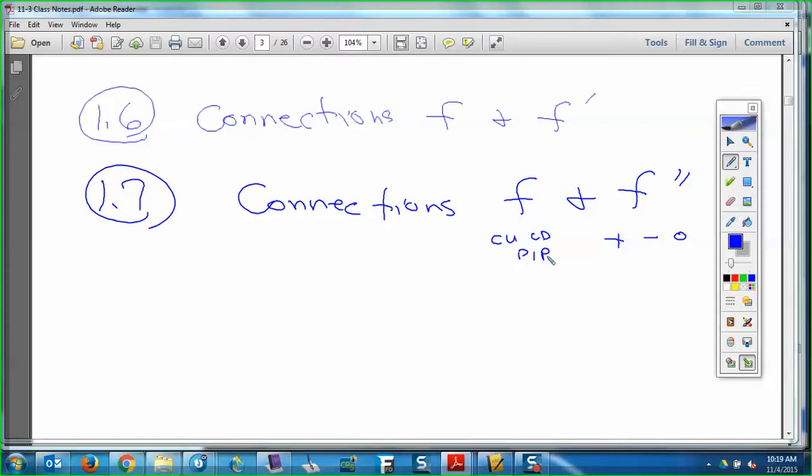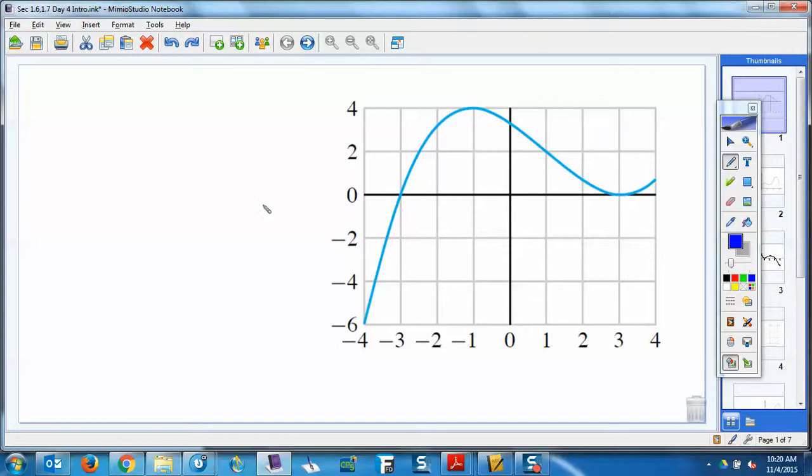And then, of course, we also realize that F prime and F double prime have the same connections that F and F prime have. So all of that stuff from 1.6 still holds true. So that's it. That's the stuff. There isn't really anything else that we will deal with other than those things. So if we take a look at today's homework, this was 37 through 45, I believe,